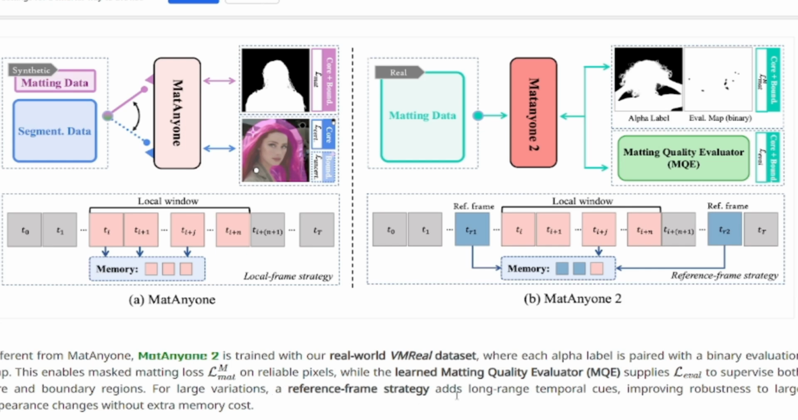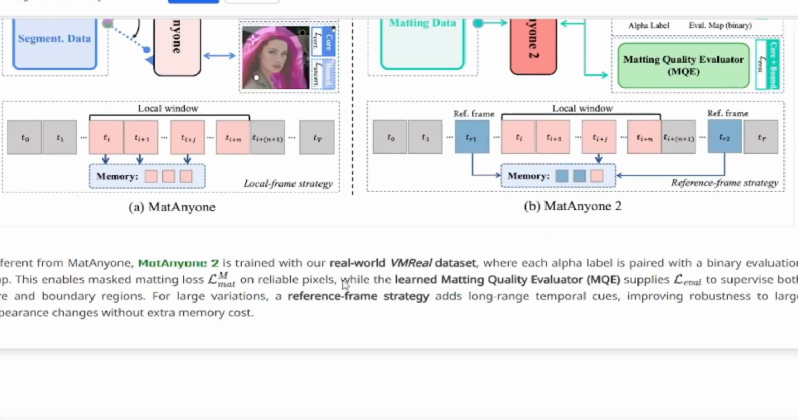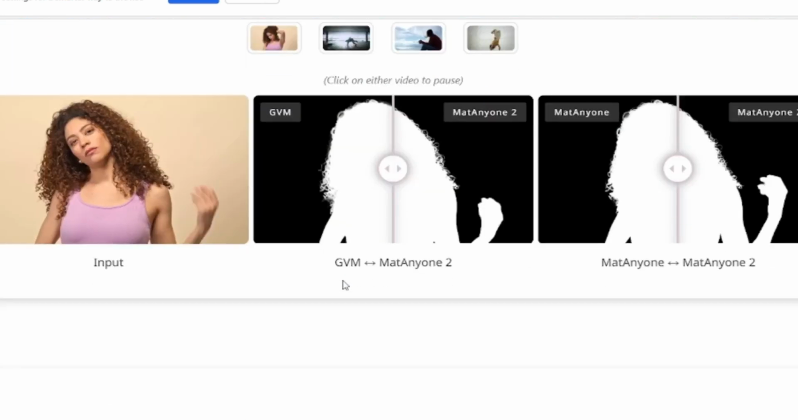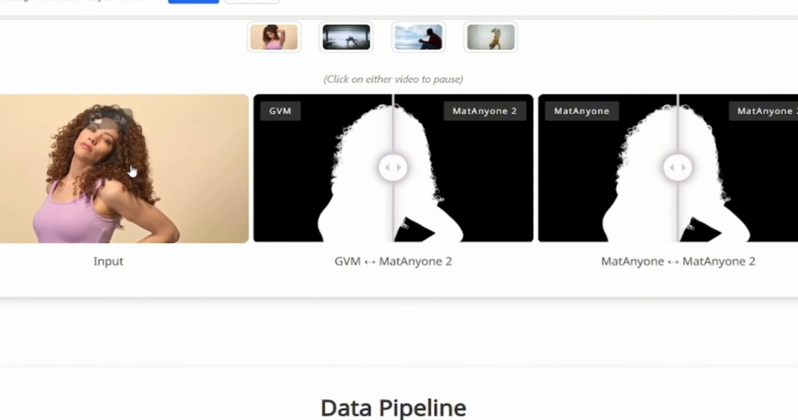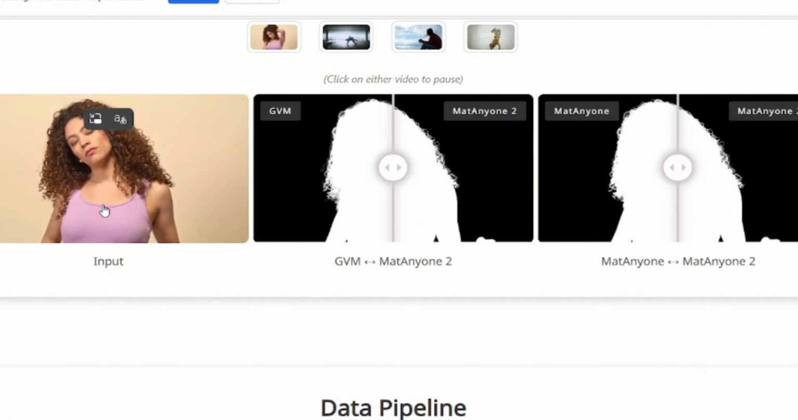The reference frame strategy adds long-range temporal cues, making it robust to large appearance changes without extra memory costs. So it doesn't seem like it is huge on the processing part, or at least on the memory side. So it's probably still able to do this without extra processing, because it's probably just a more trained model. But even going down here, we see the input, what we just saw up top, but we also